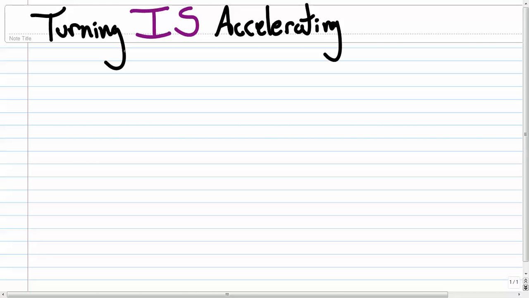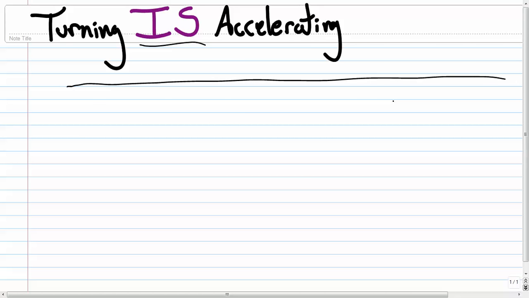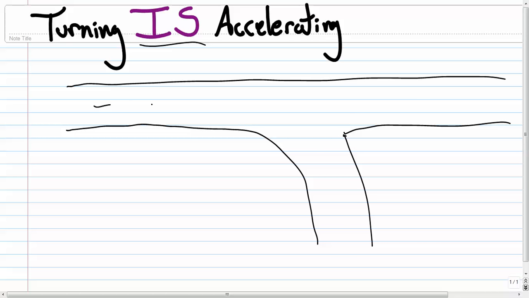Okay, I mentioned in an earlier video that turning is accelerating, and I said that I was going to prove it to you. So here's how I want to do it. I want to imagine a road that goes like this, and then there's a turnoff that goes that way, or you could keep going straight. So here's our road,